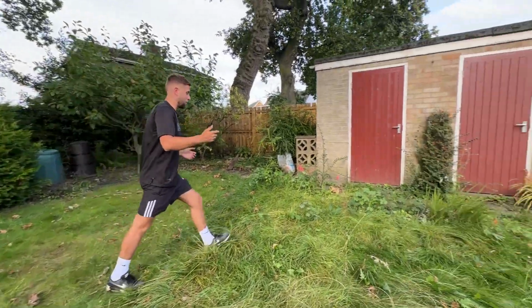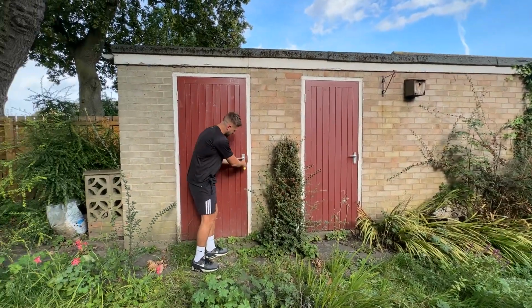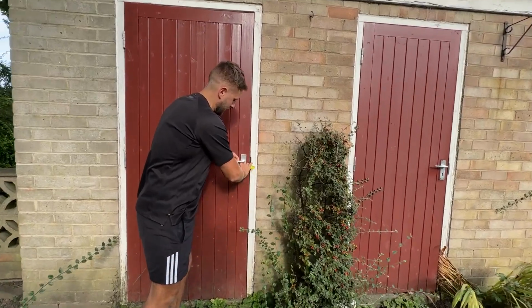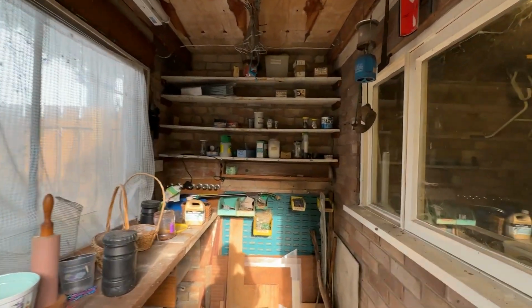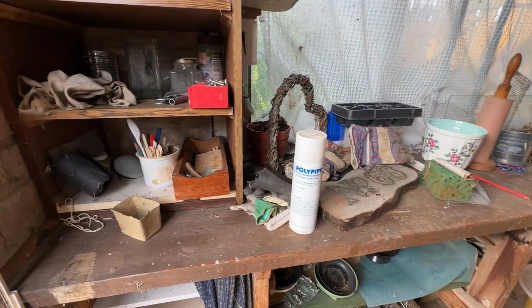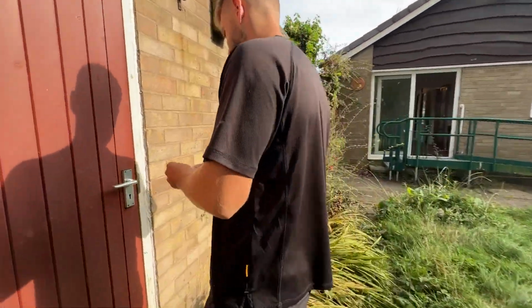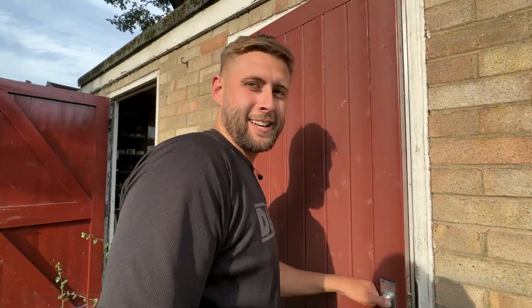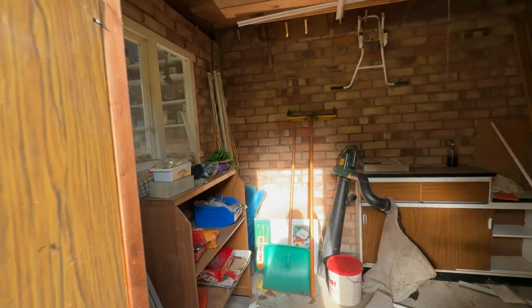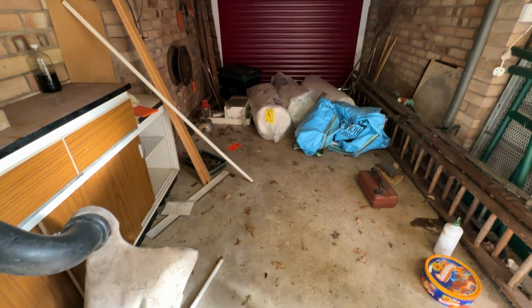This property has a lot of storage space. So we've got the garage on the right hand side. We've also got this neat little tool shed on the left hand side, which is where all the DeWalt stuff will be kept. And then the garage is... garage. What do you say? And that's the garage, which we've left the light on, electricity bills. So a lot of storage space, and these are our new mattresses,